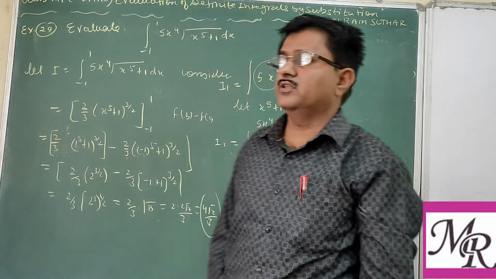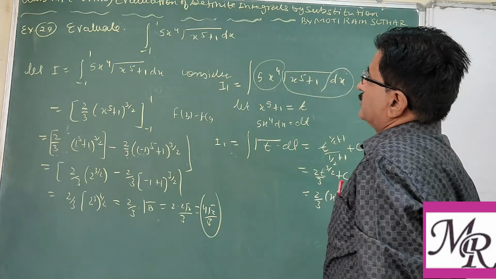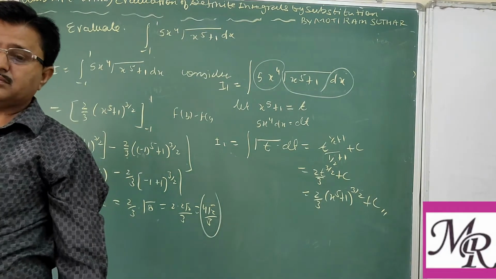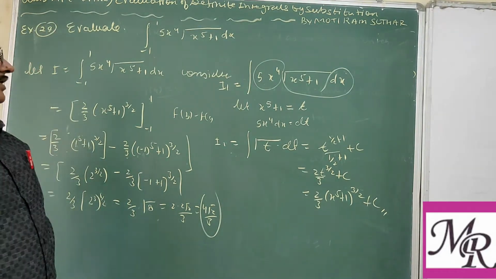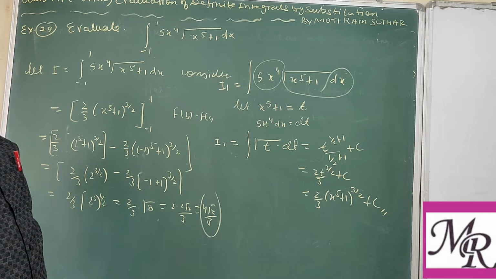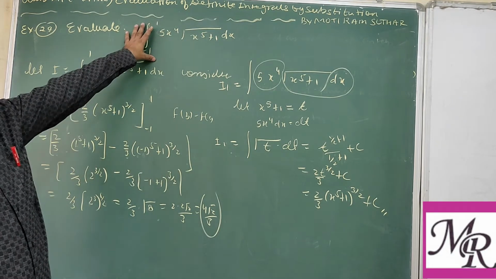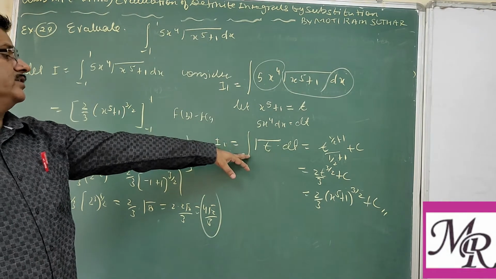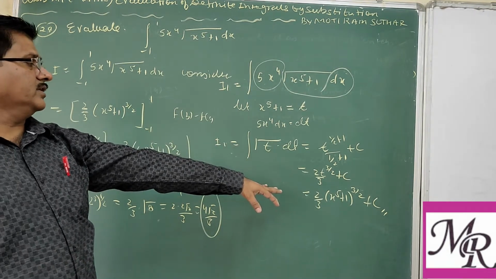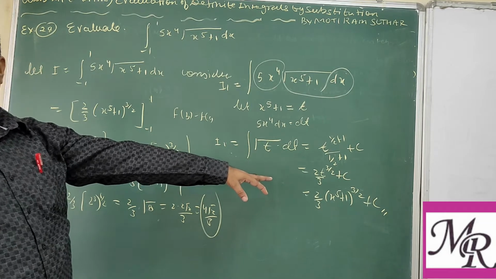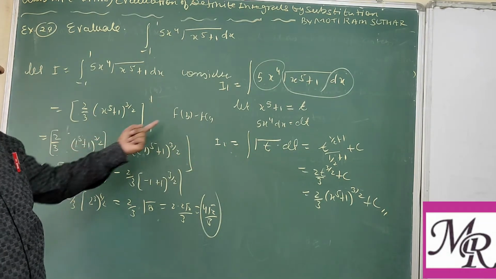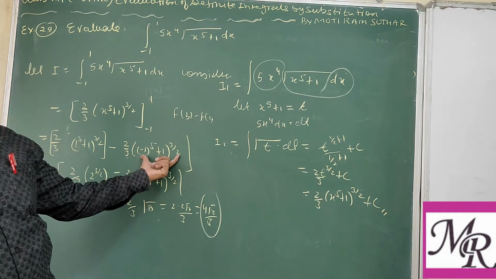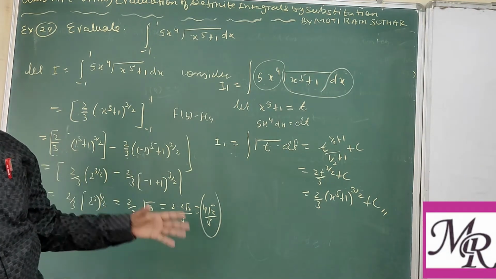So this method is known as the first method. Clear? So one may write this. So the steps we follow: first of all, you calculate this as an indefinite integral by substituting the variable and then resubstitute the value. After getting the antiderivative as an indefinite integral, we can use the formula: antiderivative at the upper limit minus antiderivative at the lower limit. Then by calculation you get the answer.